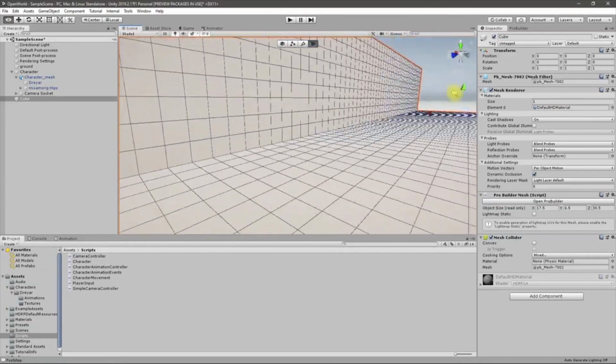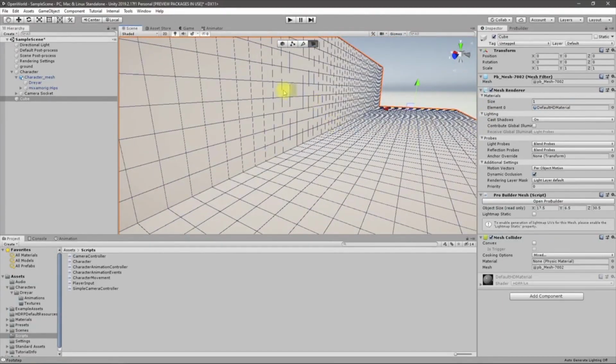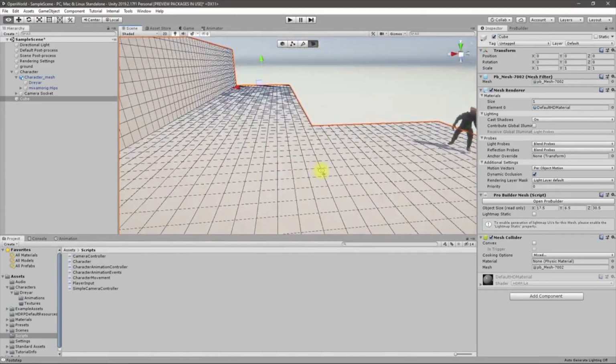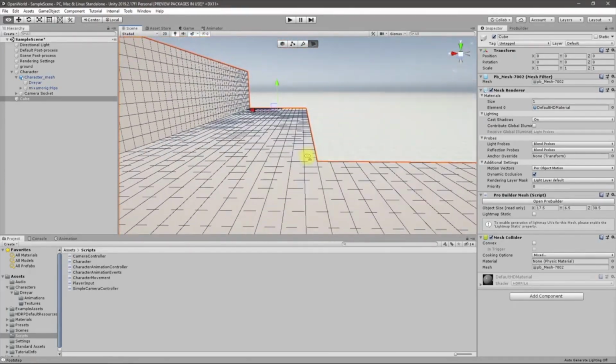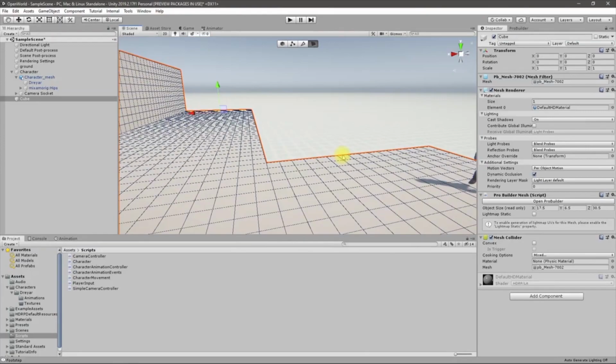Okay, so now I need to add something like a ramp here. The reason is that I want to have a slanted ramp area, because in the next step I want